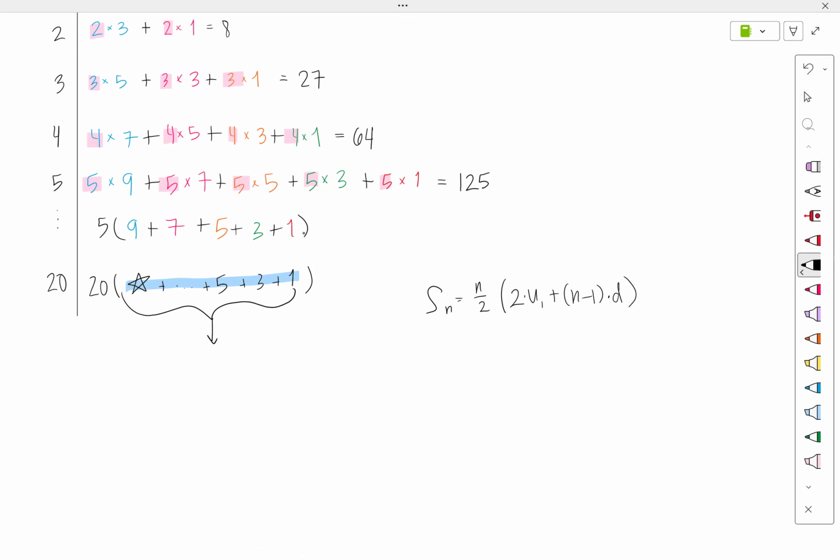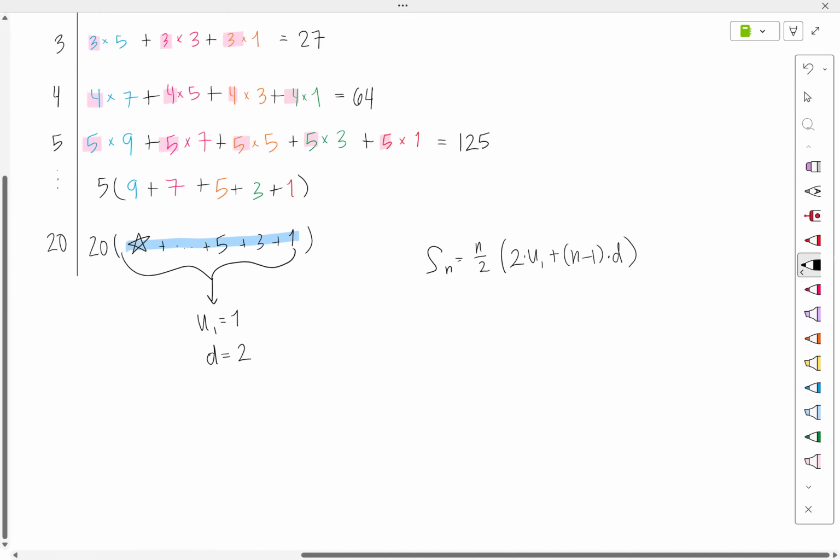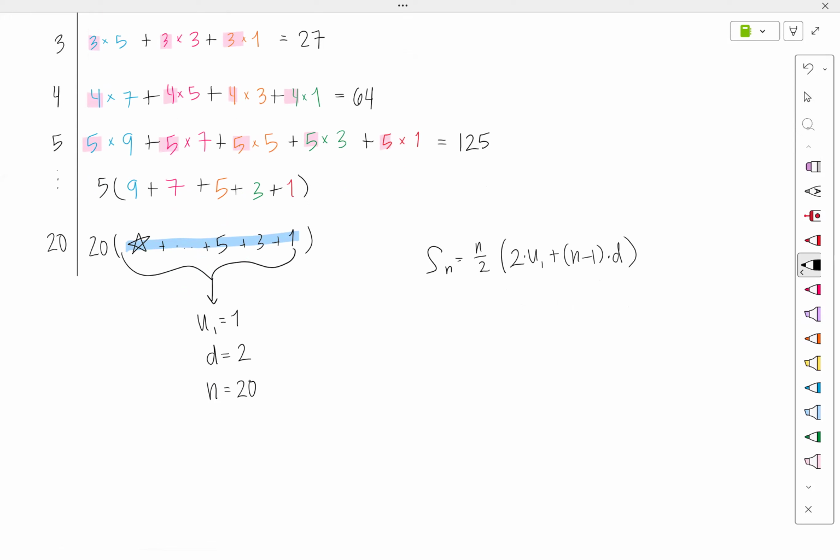I'm going to start adding on the right, because I know this number. The first term is 1, and the common difference is they're going up by 2. I don't know what that last number is, but I do know that in total, there are 20 terms in this sequence